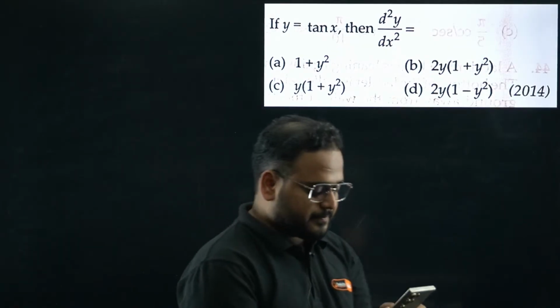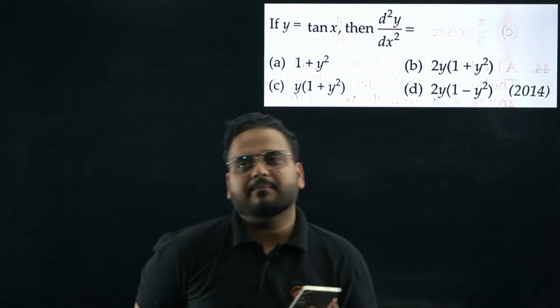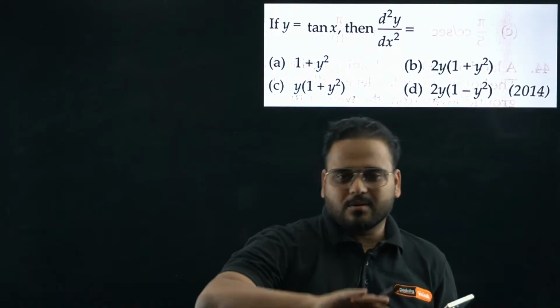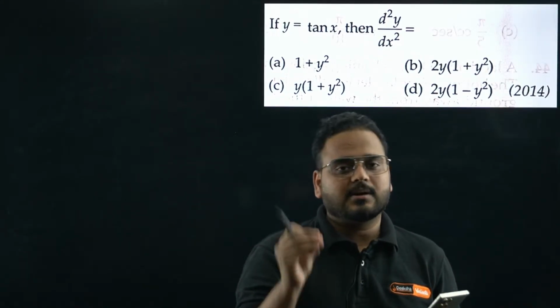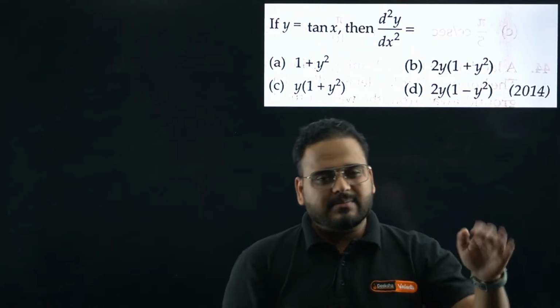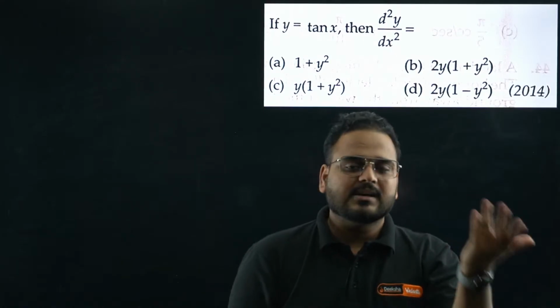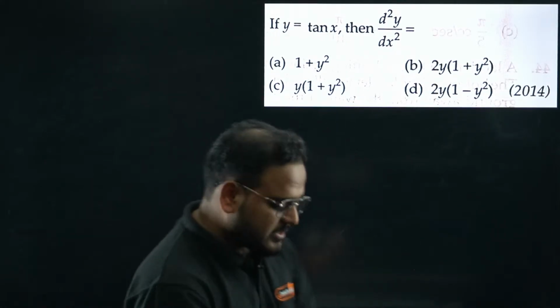COMEDK is equal to KSET level. Most of the time, the PU2 sections are almost the same. In the PU1 section some topics, some questions are extra, but PU2 is exactly the same. The syllabus level is exactly the same, but questions will be a little challenging in certain topics. Some might be a little easier also.